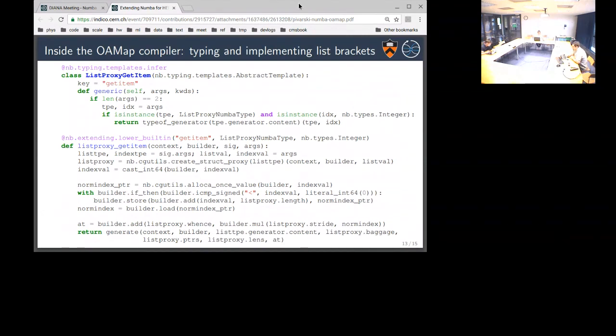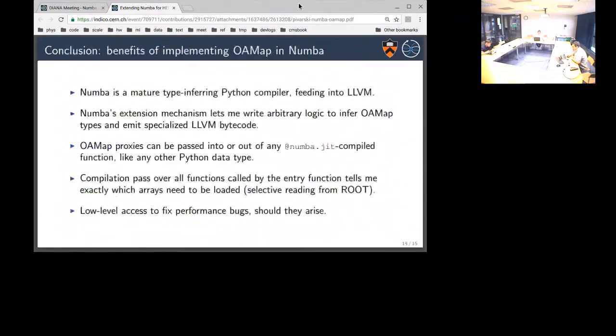I just want to show here that there are hooks for doing anything that we need to, including if we find a performance bottleneck, we can emit different bytecode. So my conclusion from this talk is the benefits of implementing OAMAP in Numba.